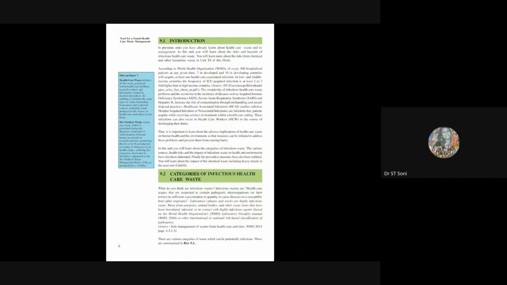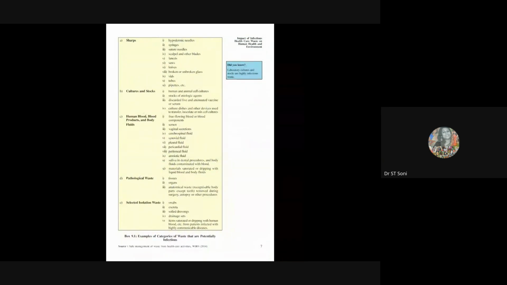Okay, so mostly we will be talking about the impact of healthcare waste on human health, and I will quickly take you through this. These are snapshots from our course material only. We'll be discussing a few parts of it, and mostly, we all know that healthcare waste, if it is not handled appropriately, causes a lot of hazards, including hazards to human health.